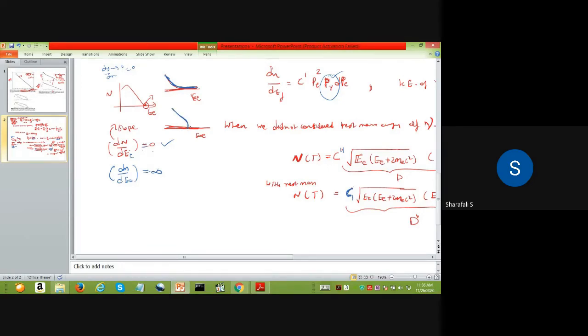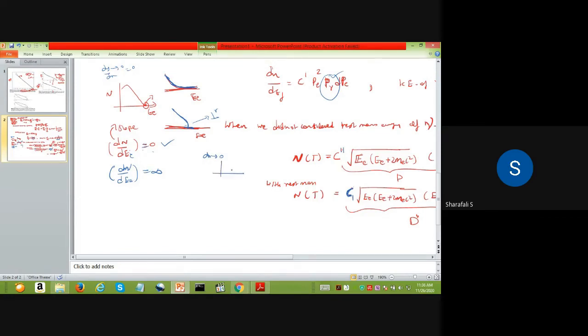Okay, which means that this is almost perpendicular to this axis. Then only you will get that dy by dx, or dN by dE, which is infinity, because your y value now has some variation, but your x value, dx, is going to be 0. That will give you the infinity value. I hope you know these things.